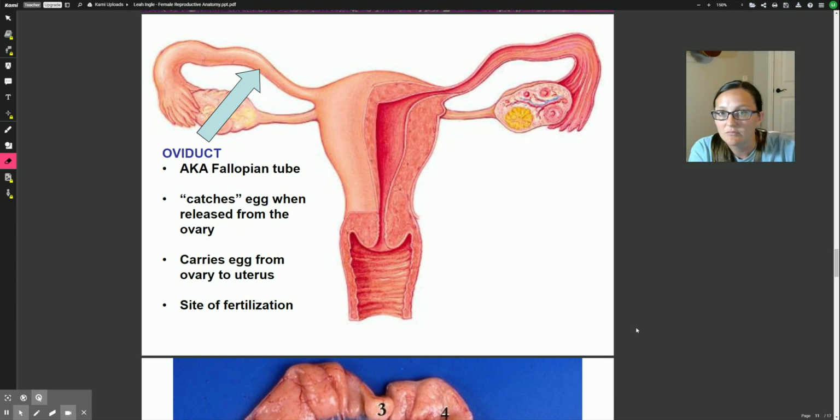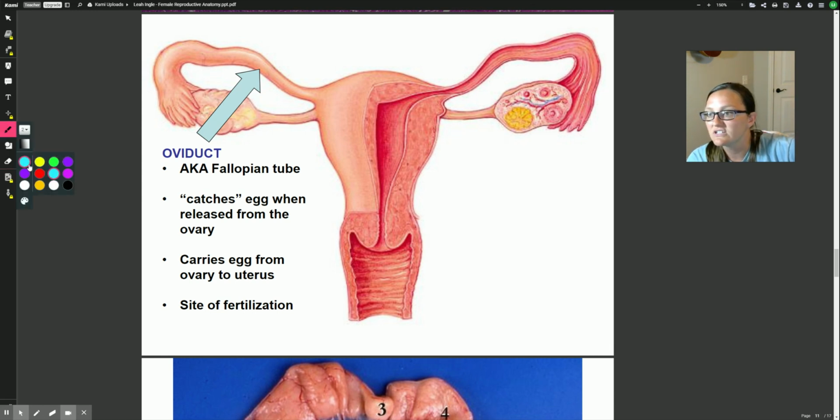Okay, so we're going to start at the top. So this is an oviduct. What is an oviduct? An oviduct is just a fallopian tube. It just depends where you're from or what kind of literature on the topic you read. But these two are the same. AKA means also known as. I've always been taught to call them fallopian tubes, but you're welcome to call them oviducts or fallopian tubes, whichever